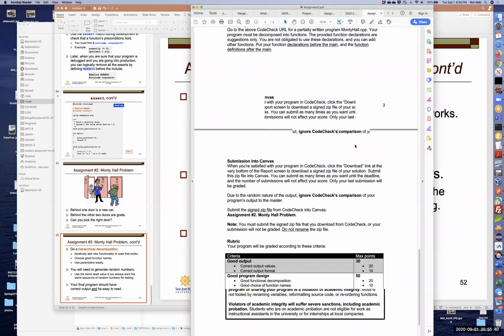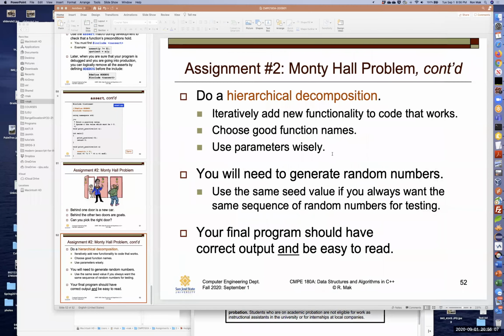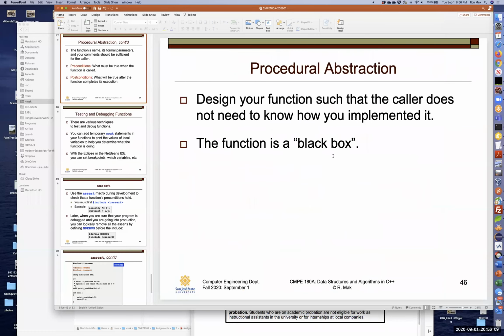And so you're still going to use CodeCheck, but ignore CodeCheck's comparison of the output because, well, it's random, so there's no way to compare. Okay, any questions about this? Okay, and this program is going to be a good enough size and good enough complexity that you really want to be sure that you use